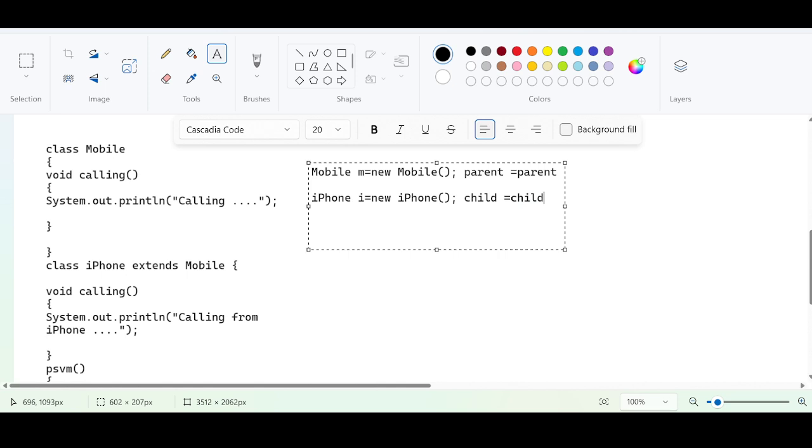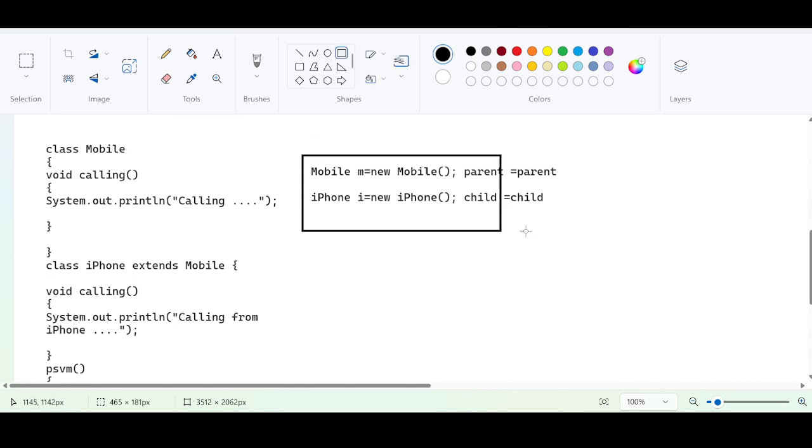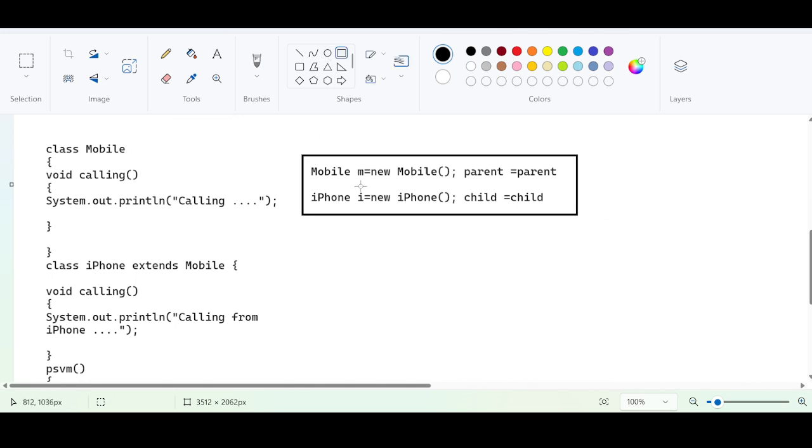There are other ways to create objects. What is the other way, guys? This is the ordinary way; let me keep it separate. These are the actual ways. When I create an object for the Mobile class, I can access this calling method using the reference m.calling().